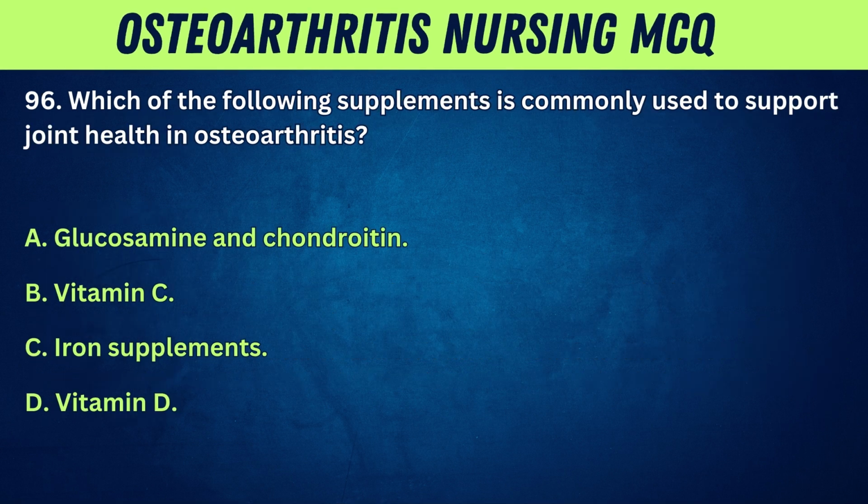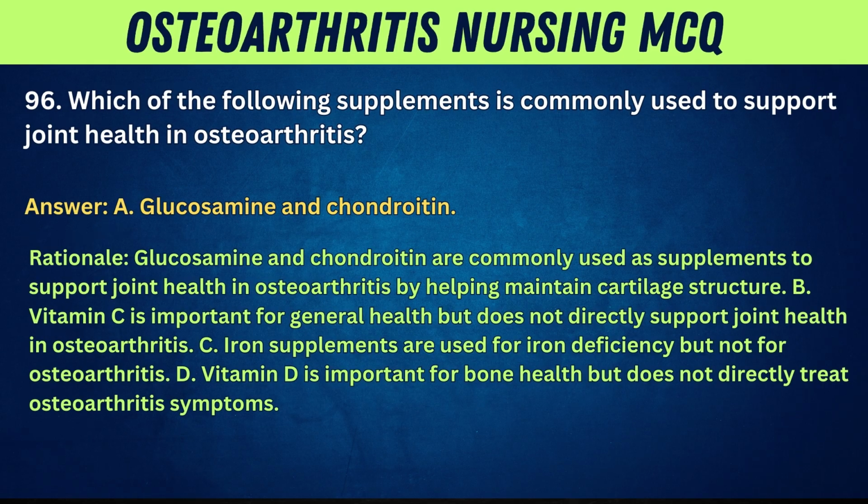96. Which of the following supplements is commonly used to support joint health in osteoarthritis? A. Glucosamine and chondroitin. B. Vitamin C. C. Iron supplements. D. Vitamin D. Answer: A. Glucosamine and chondroitin. Rationale: glucosamine and chondroitin are commonly used as supplements to support joint health in osteoarthritis by helping